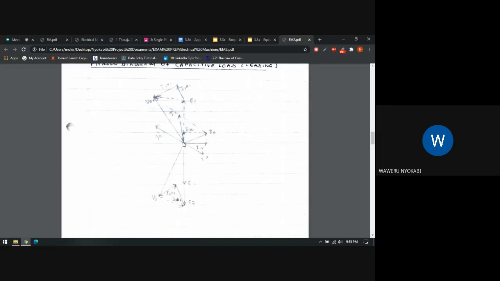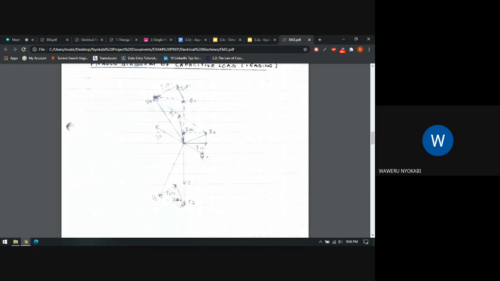As usual, we have our I naught with its components I_w and I_m. We have E1 and the antiphase, negative E1. And then we have E2. Those ones, you know how we get them. Then now we have